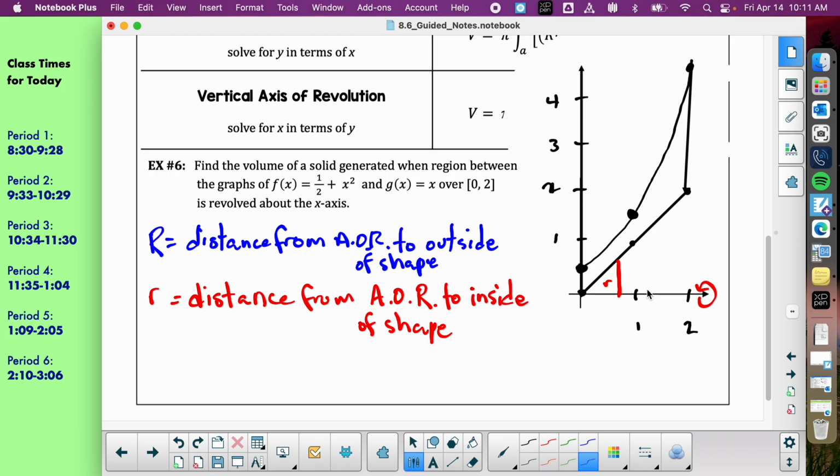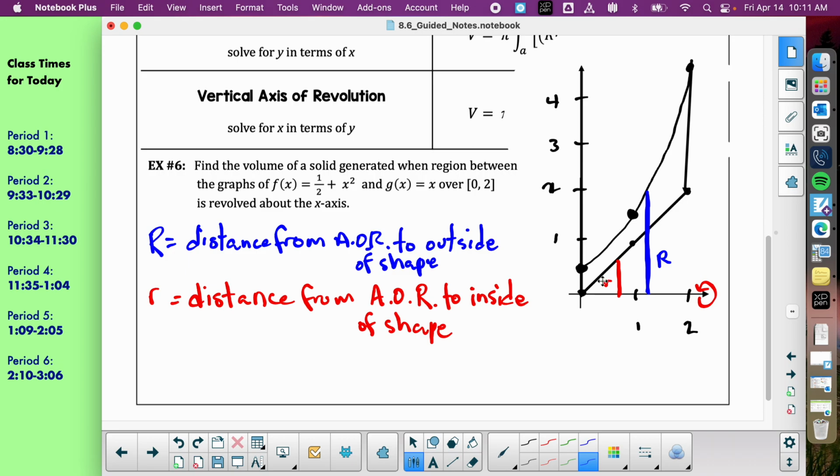Big R, I'm going to draw from the axis of revolution to the outside, and then I stop. The key part is where they tell you the axis of revolution is, because that's just creating all the information. And then once you have this set up, you would want to figure out how long the line is,